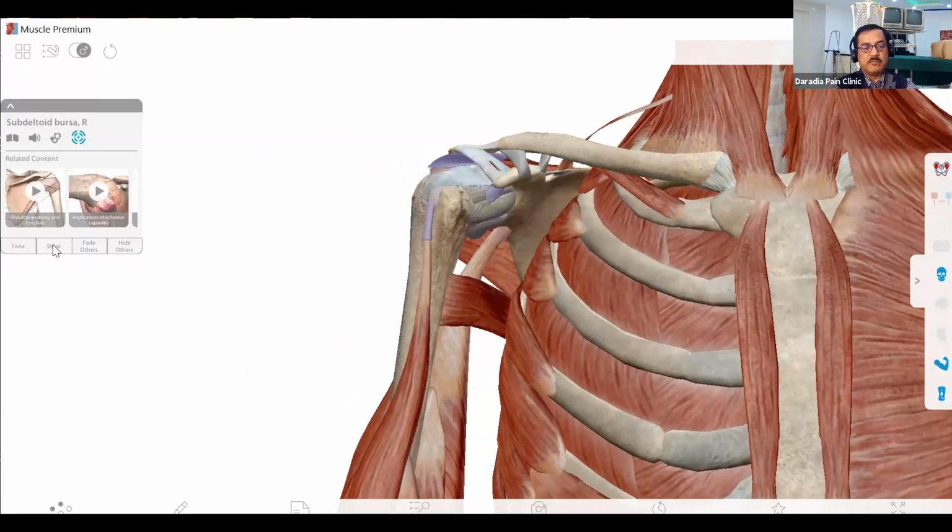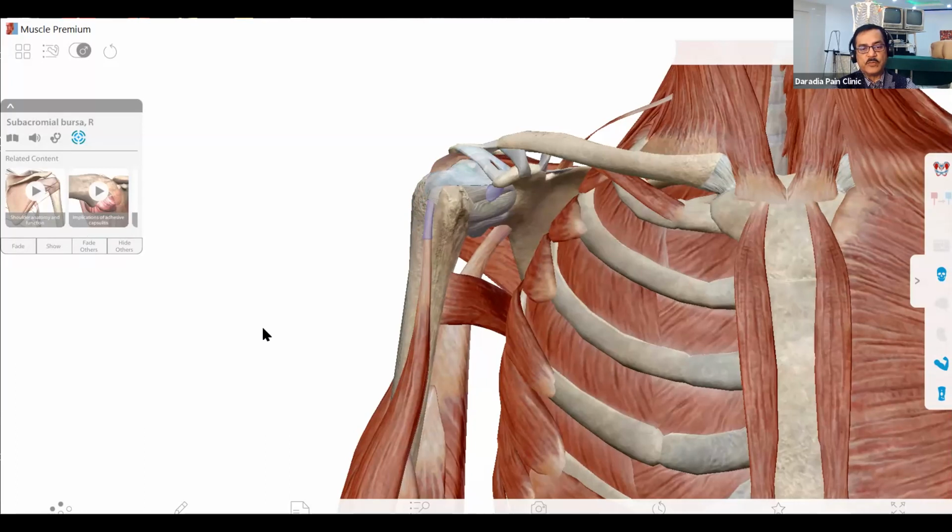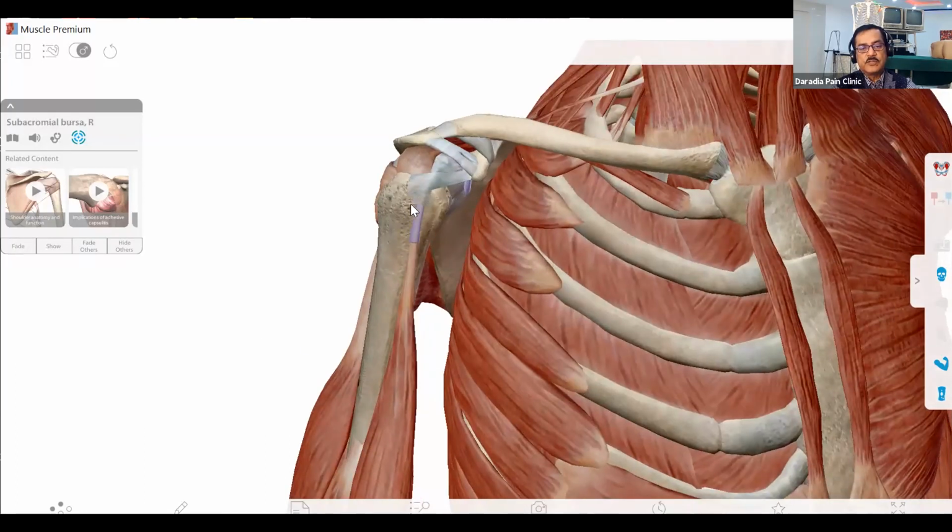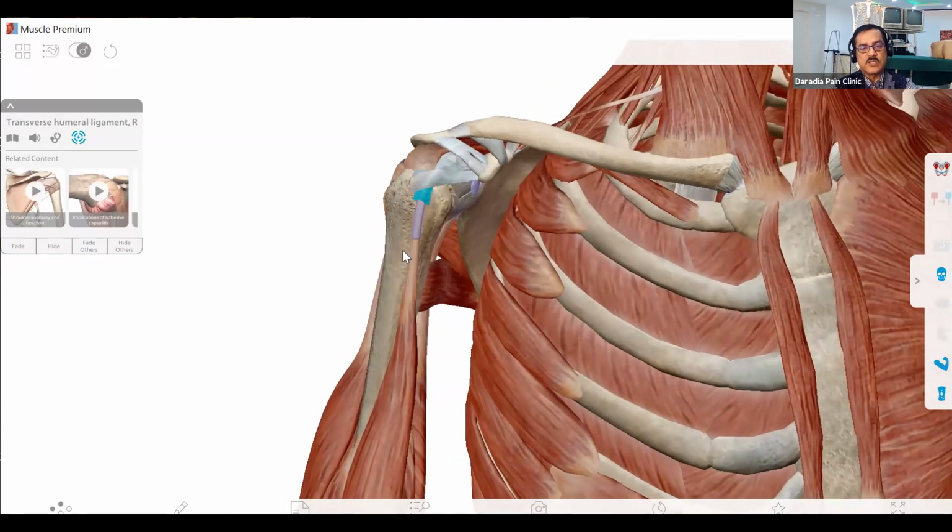A few of the ligaments are very, very important, and we must know these ligaments. One of them is this one. What is this? The transverse humeral ligament, and it produces a tunnel between the 2 tuberosities in the humeral head, through which the long head of the biceps moves. This tunnel is formed by the transverse humeral ligament, and if you look at its position, it is transversely placed, whereas many times we have confusion, and this is anterior,